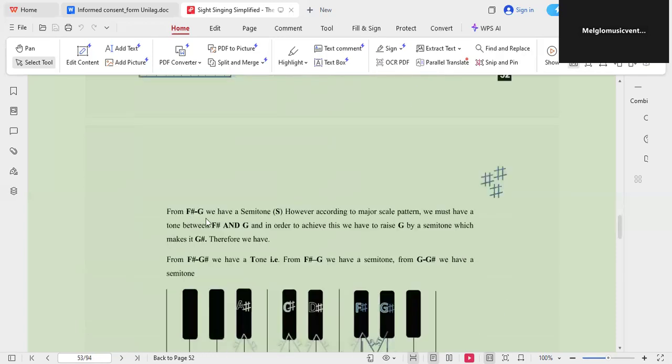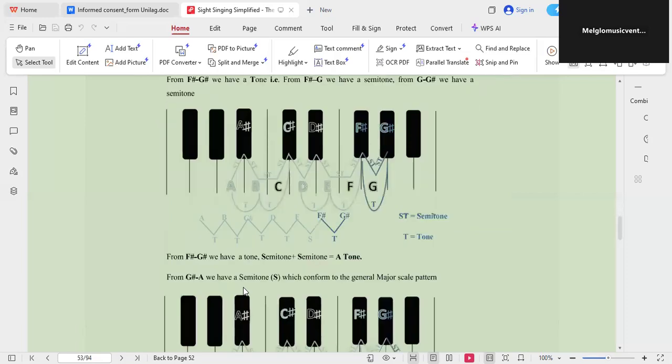Also from F sharp to G, we have a semitone. However, according to the major scale pattern, we must have a tone between F sharp and G. In order to achieve this, we have to raise G by a semitone, which makes it G sharp. Therefore, from F sharp to G sharp, we have a tone. That is, from F sharp to G, a semitone, and from G to G sharp, a semitone. That's a tone,